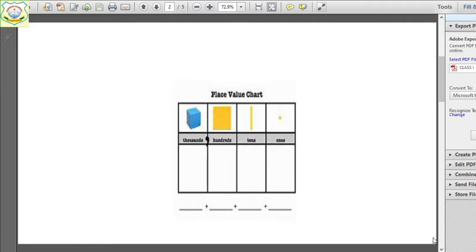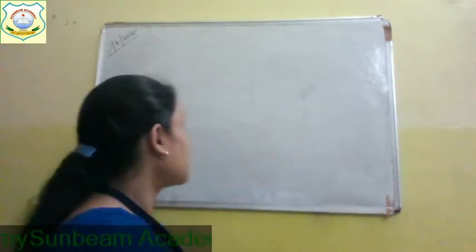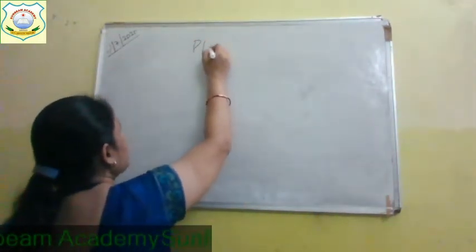First, before understanding place value, we will learn about places. This is ones, this is tens, this is hundreds, this is thousands. Okay, repeat it again. Ones, tens, hundreds, thousands. Okay, children? Now, I will show you the places on the board. Our topic for today is place value.